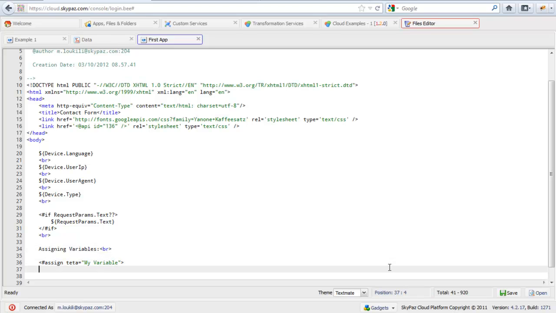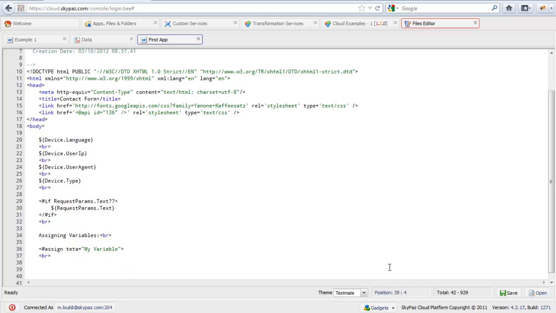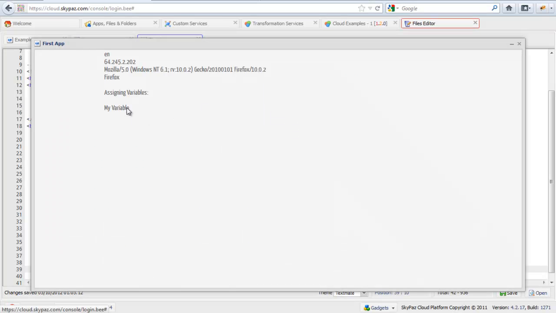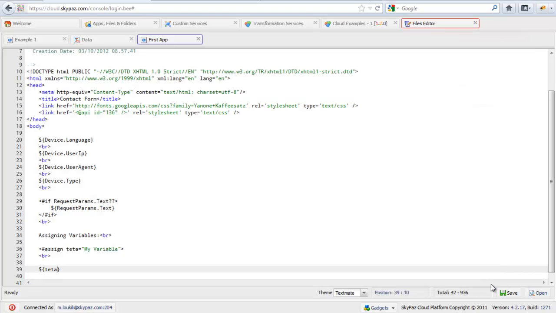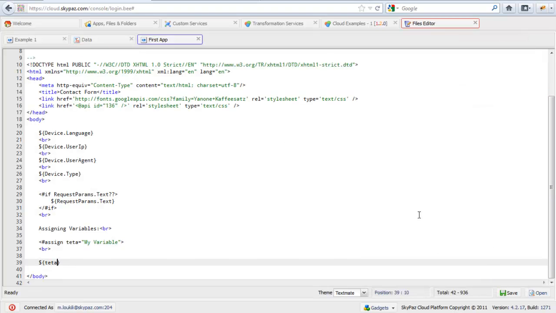Okay, and here I can access my variable as I did for the other objects like device and request parameters by the dollar in front, and here I put data. So I will try just from here to see. So there's my variable. Okay, here I can